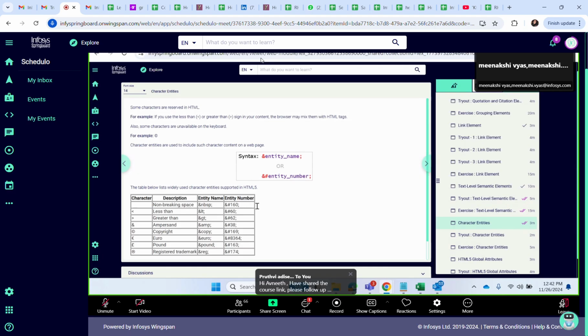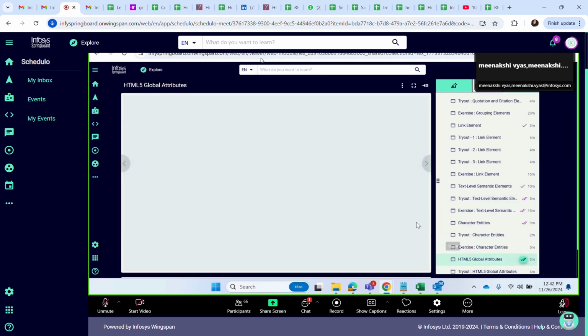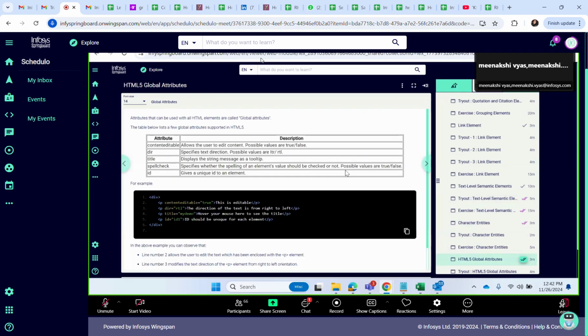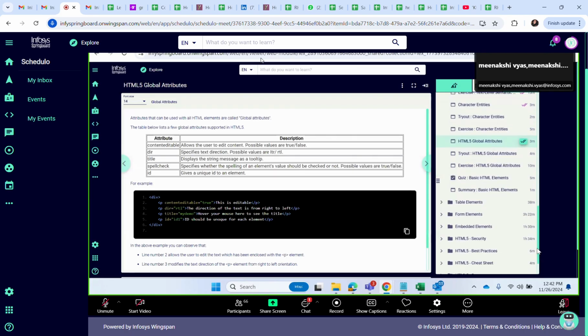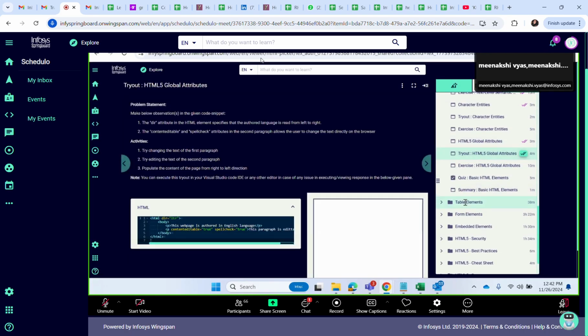Although it will not be useful for you because you are writing from the scratch, so we can simply use these characters whenever it is required, right? So you can skip this for now, or once you are good with this, you can understand, right? Now I'm skipping this for you.